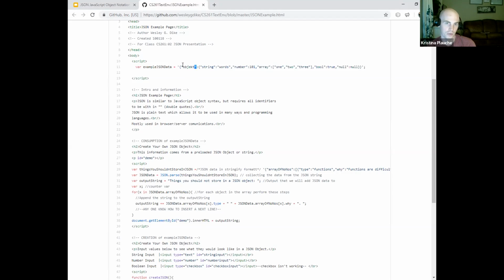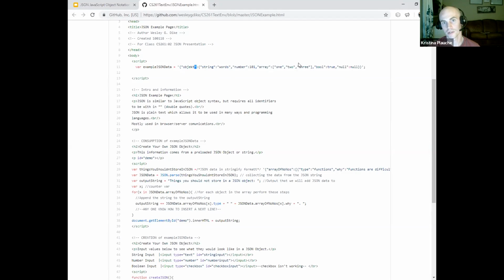If you take those quotes out, it becomes a JavaScript object, if you don't make it a string, which is what these single quotes are doing.